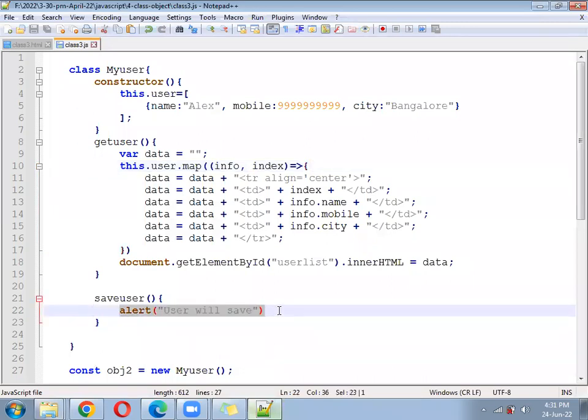We have added one data for sample purpose. It is coming. Now save user. How will it work? Save user. We have to go to this page. Which page? Take the value of the text box. Name equal to